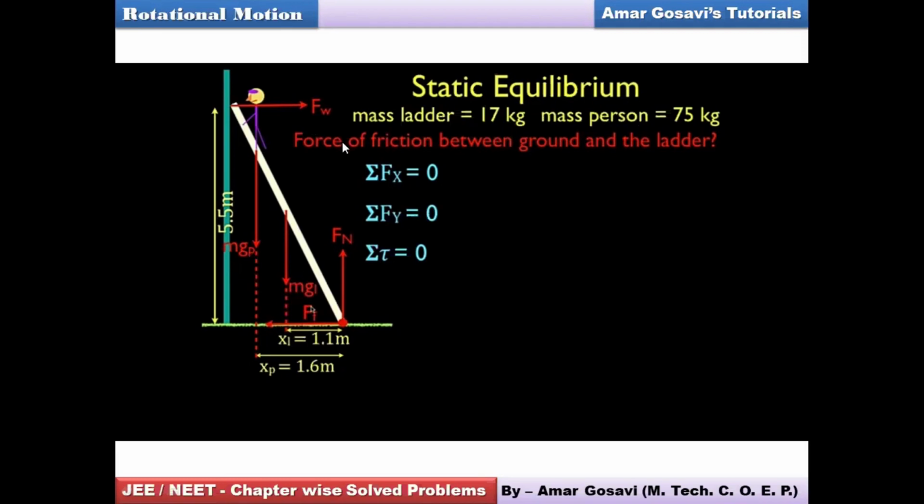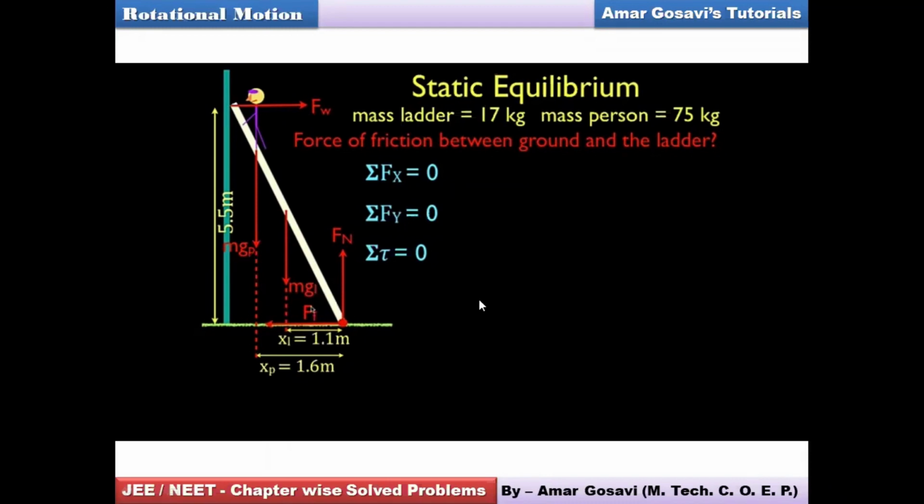Now what they are expecting is the force of friction between the ground and the ladder. Obviously there will be a force of friction. If the ladder tries to move in this direction, it will be opposed by force of friction, acting in this direction. The red arrow at the bottom gives you Ff, that means force of friction. We are supposed to estimate this force of friction. Now if the ladder is in equilibrium, friends, just try and understand, the force of friction can be indirectly found as Fw. It should be equal to Fw, just like the tension in the string in the previous problem.